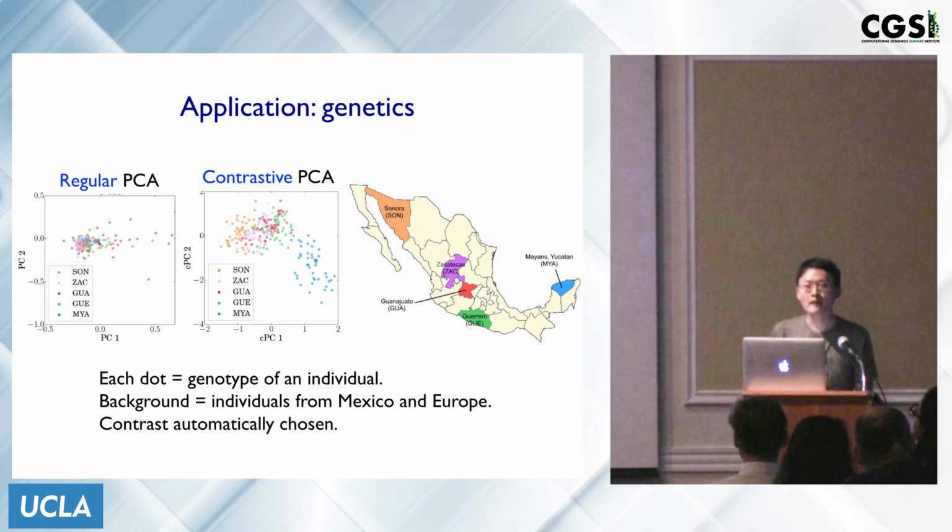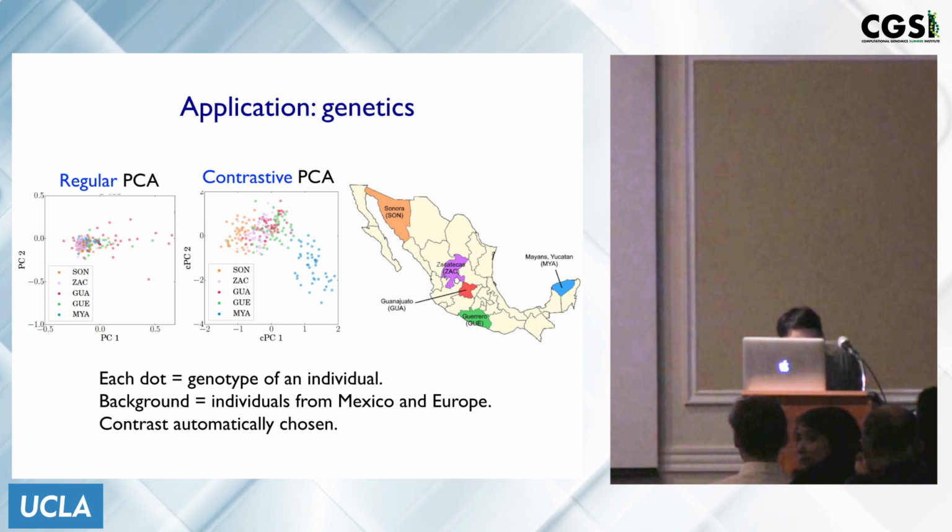Yeah? I just have a question, since this is a concrete example. In this case, one very naive thing you could do is to just PCA the Europeans on their own and take the orthogonal complement direction to that PCA, and then basically remove the European direction from the Mexican population, so that you're not looking at that when you PCA the remaining data that you're interested in. Yeah. Why is